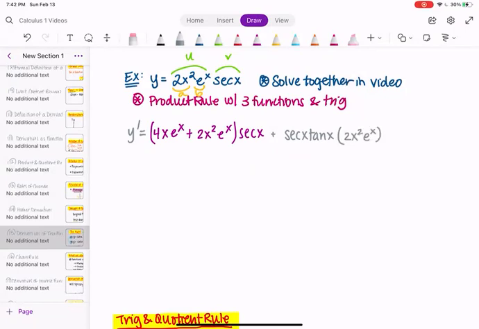So then what we can do is simplify, right? So as always, we simplify. In this function, we have a secant and a secant. So why don't we pull that out first? We also have at least a 2 in common, and we have an e to the x in common, and we have 1 x in common. So let's do 2 secant x e to the x times x, and that leaves us with 2 in this term. It leaves us with x in this term,